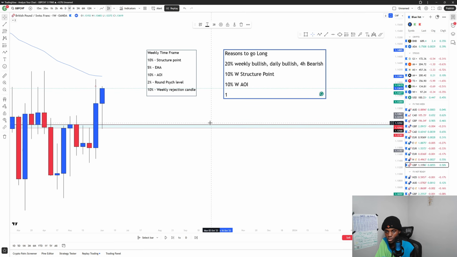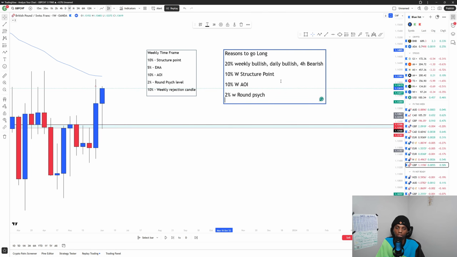So 2% for the round psychological level. But I'm gonna forever spell this word wrong. P-S-Y-C-H. Okay, cool. Round psych. And if you're wondering why this is worth so low compared to the other stuff, that's because the